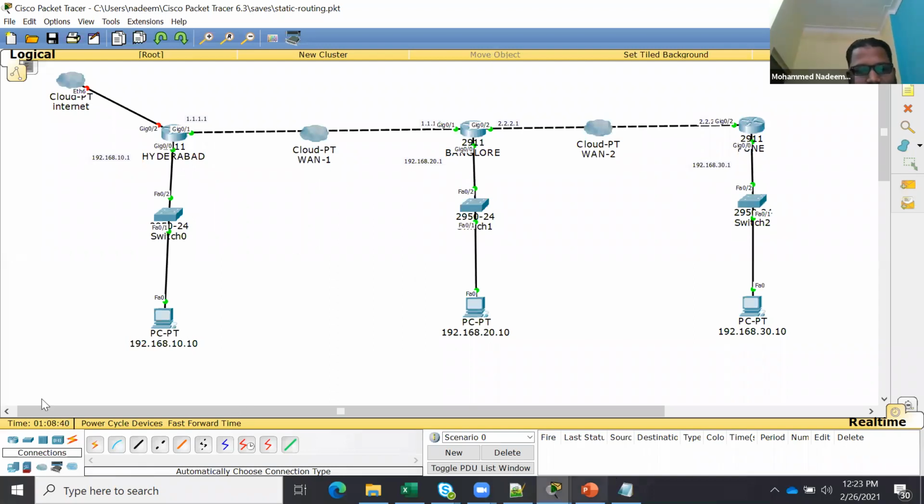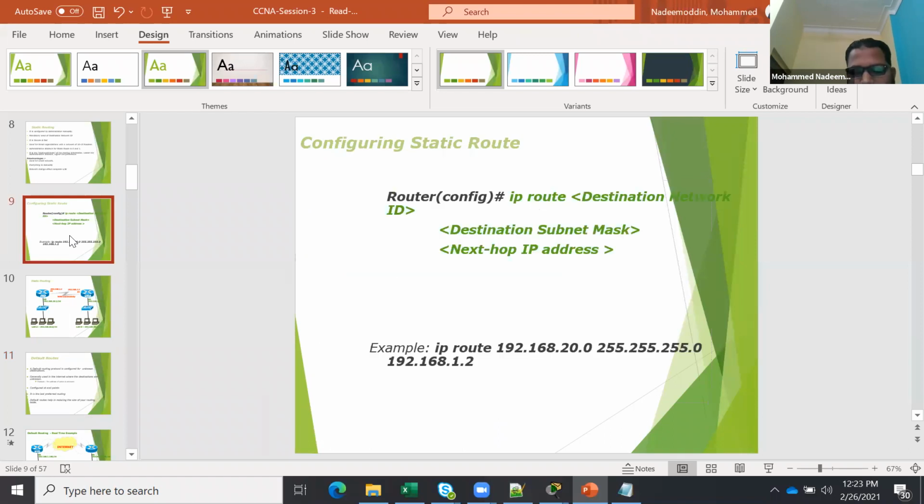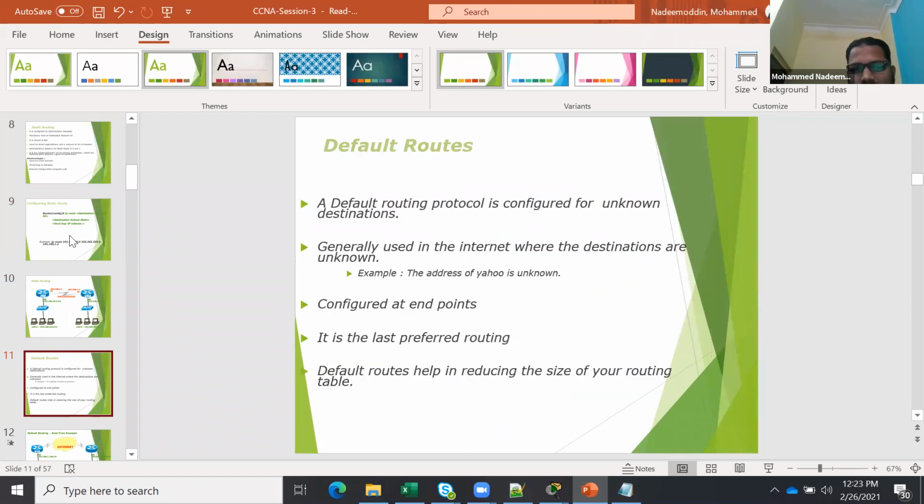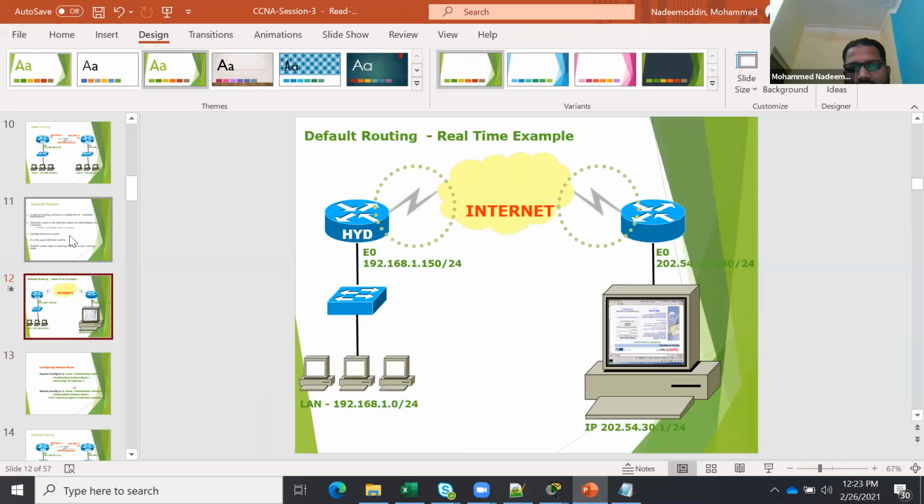Static route, default route: the default route is the least preferred in the routing table, so it will be the last entry in the routing table. Here is the example. Let's say this is your Hyderabad, and this is the internet, let's say a Gmail something.